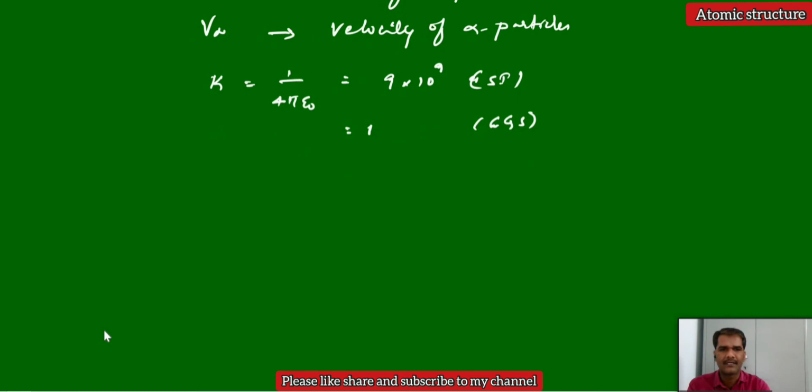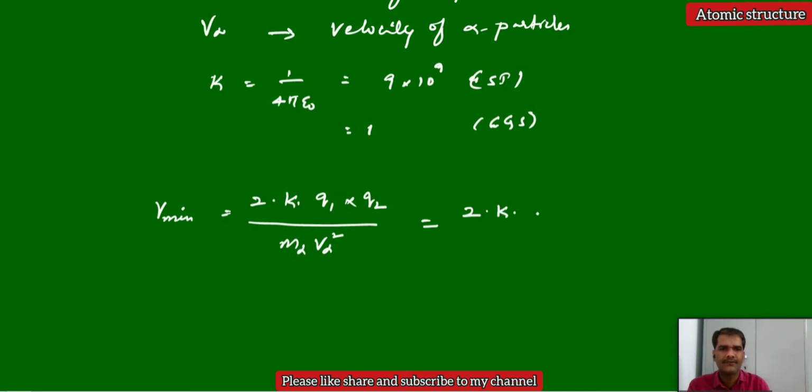I will see further here. This is the formula we have: R minimum, distance of closest approach, is equal to 2 into K into Q1 Q2 by m alpha v alpha square, right? Here Q1 is the charge of the alpha particle, Q2 is the target. If it is gold, we can say the charge is 79 protons, but instead of gold we can take some X atom whose atomic number is Z. So then we can write further as 2 into